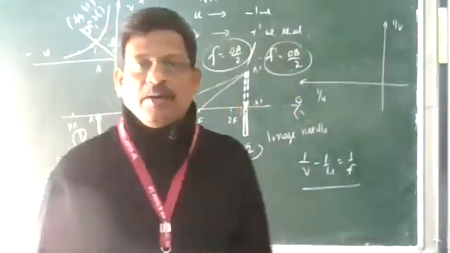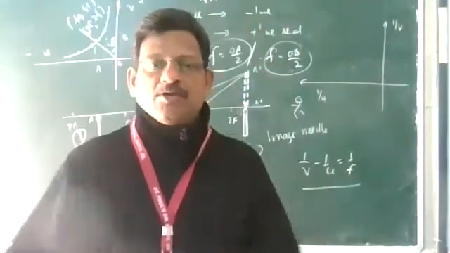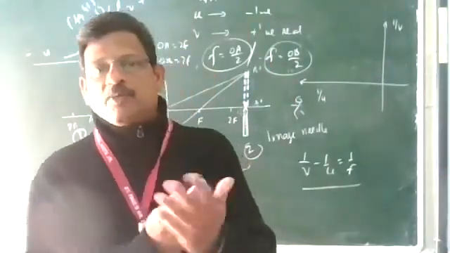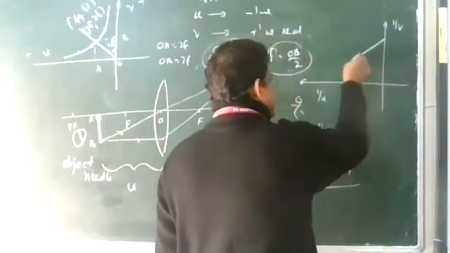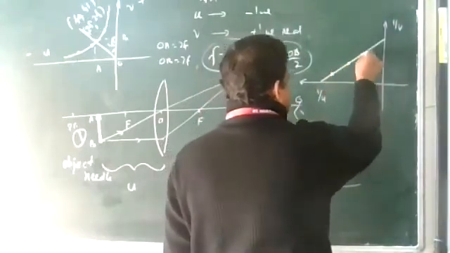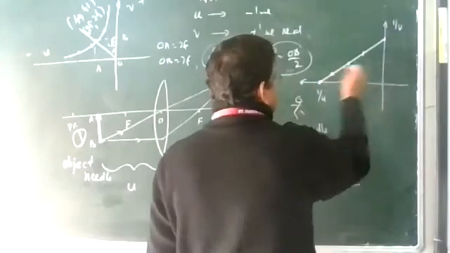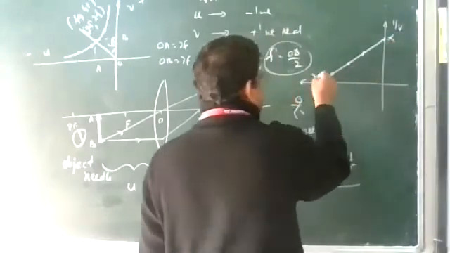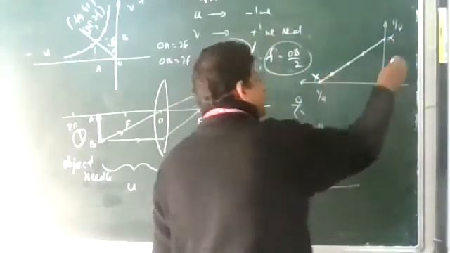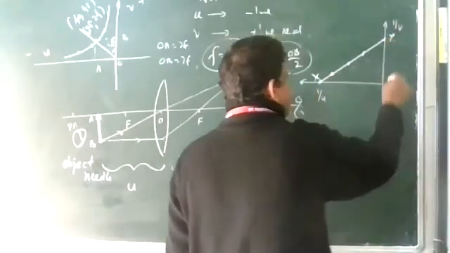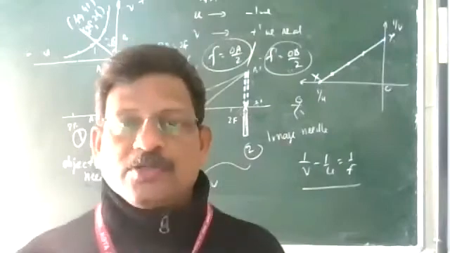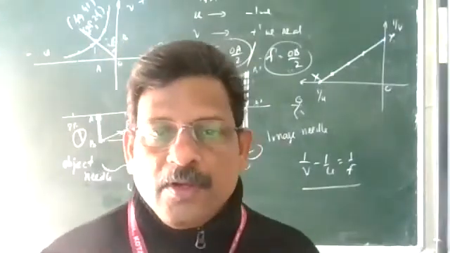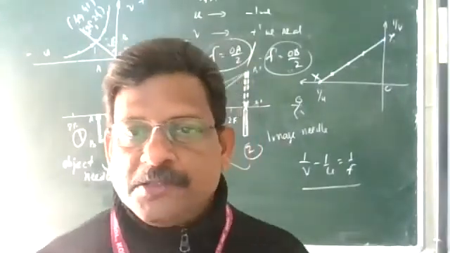One upon U, one upon V graph: reciprocal values, calculate for all observations, then I've got a graph. It will be a straight line. It will be a straight line touching the axis, at points X and Y. It touches the X axis at X, and the Y axis at Y.